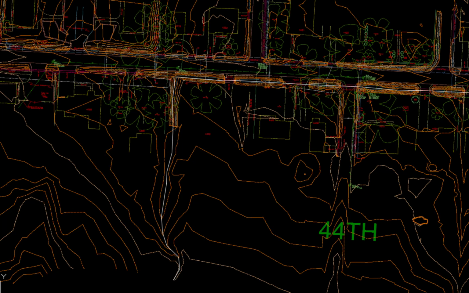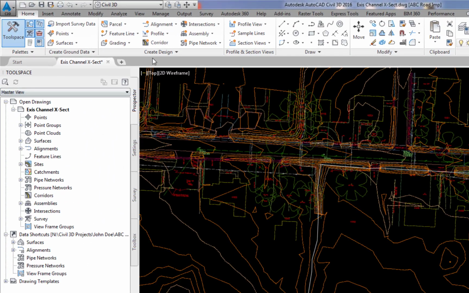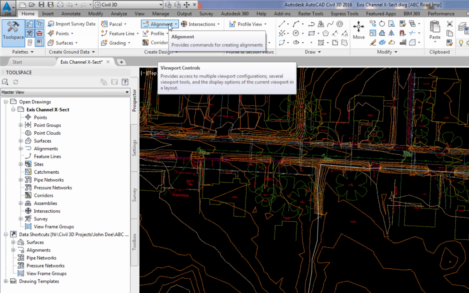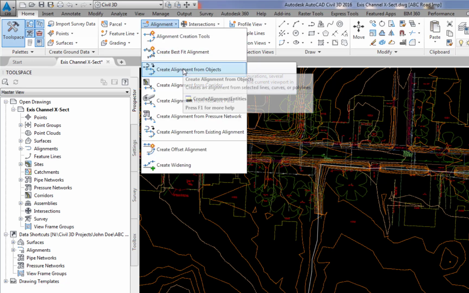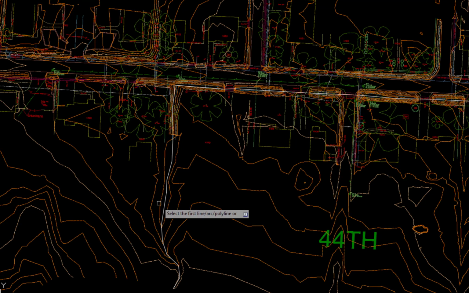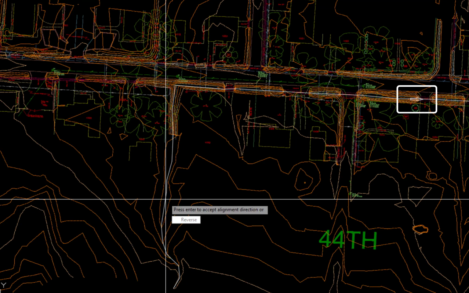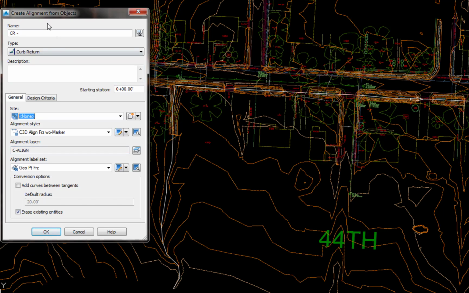Convert the polyline to an alignment. Home ribbon, create design panel, alignment icon, create alignment from objects. Pick the polyline near the lower left end. Enter. Depress enter again if the direction arrow is correct, or R enter if it's not correct. In the create alignment from objects dialog box, name, existing channel,